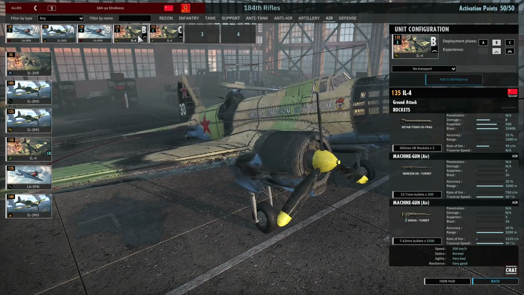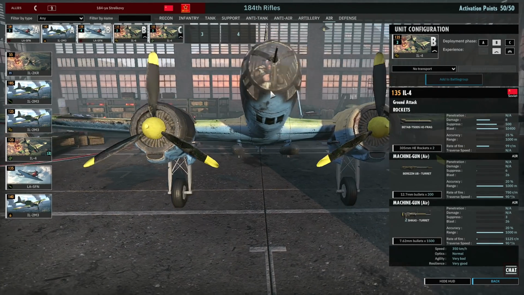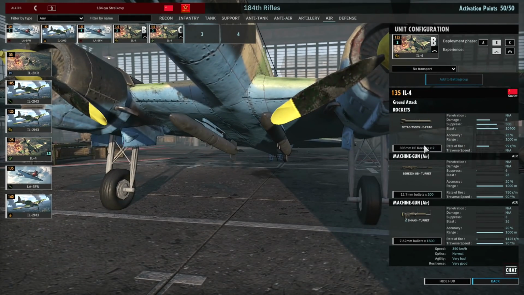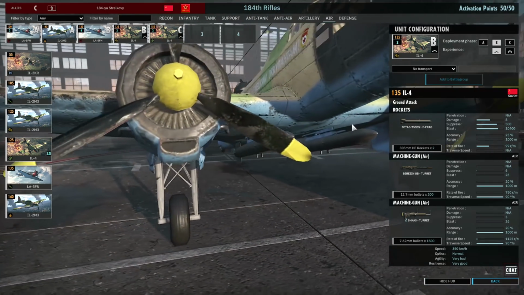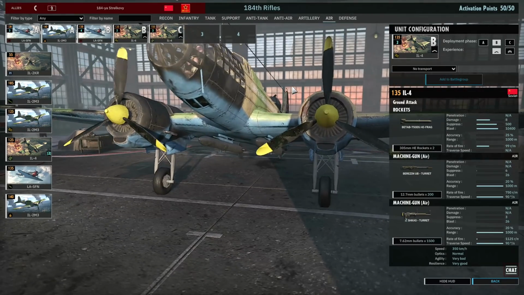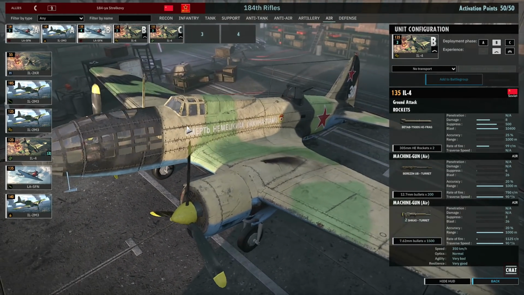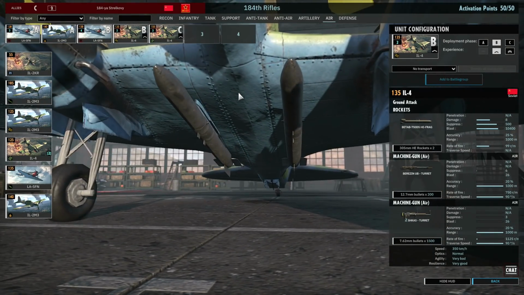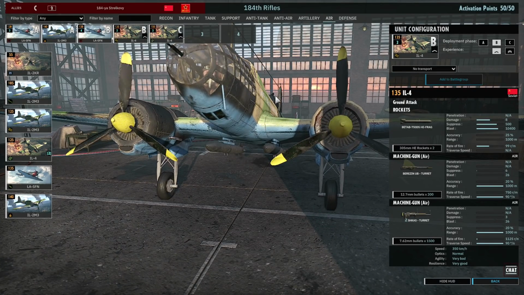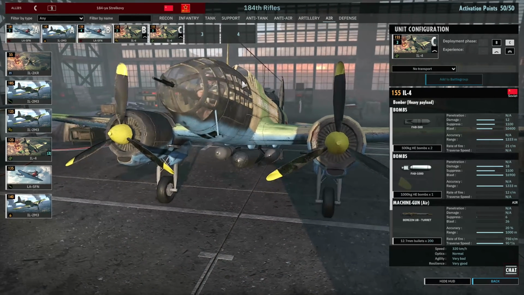Then in phase B, accompanying my other LA5FNs, I have the IL-4. Now this IL-4 is equipped with anti-tank rockets, which are 305mm. It's crazy. They have 8 damage, and they can be effective at taking out heavy armored targets. That's for sure. They're absolutely crazy big. I haven't had much of a chance to try them out myself, but I've heard from other players that they are pretty decent. Then in phase C, I have the IL-4